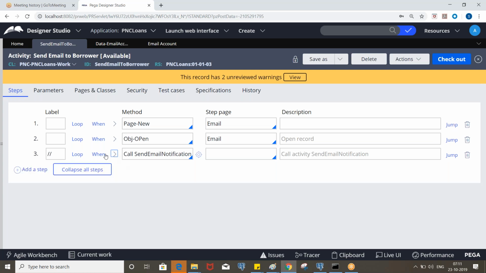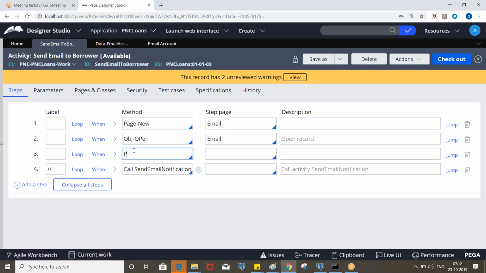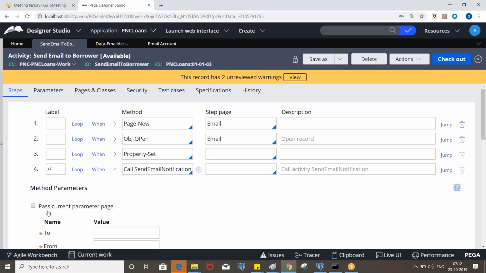So let's use one more step called property set. Here we assign the values to all the mandatory parameters, and later we select pass current parameter page so that the current activity parameters will be passed to send email notification.